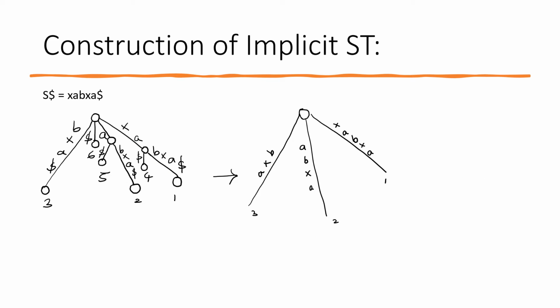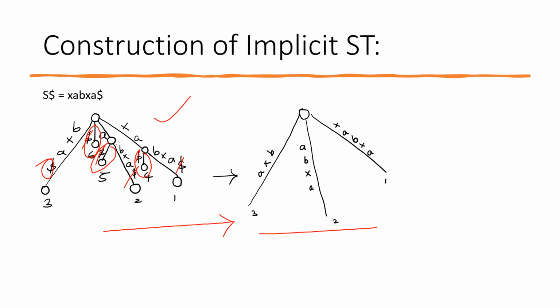As demonstrated again, for the construction of the implicit suffix tree, we are just removing all the terminating symbols. Since we are removing all the terminating symbols, we can remove this complete node. Since we removed that terminating symbol, this is of no use, so we can remove this one as well, and this one. Once we removed all three and all terminating symbols, the tree will look something like this. This is the implicit suffix tree; the other is the suffix tree.